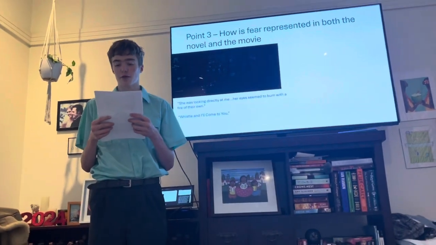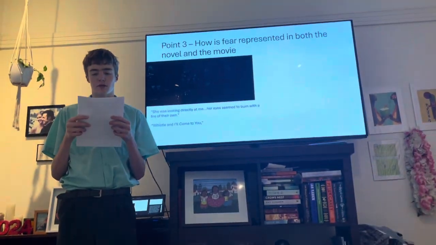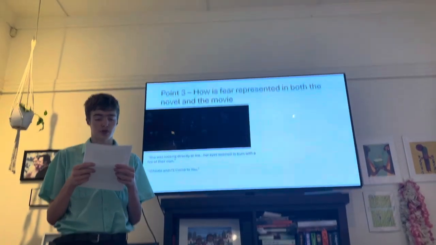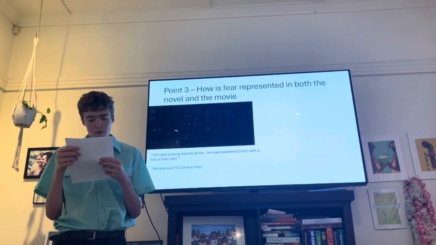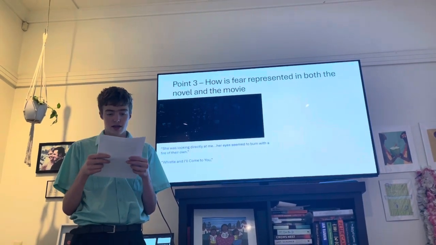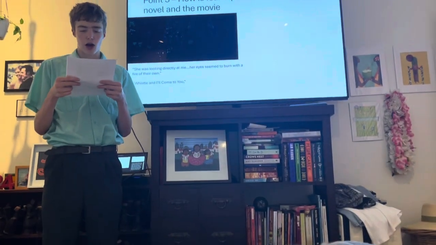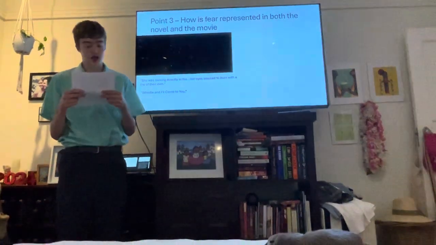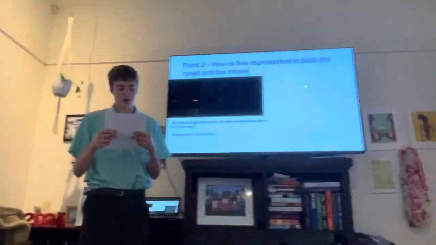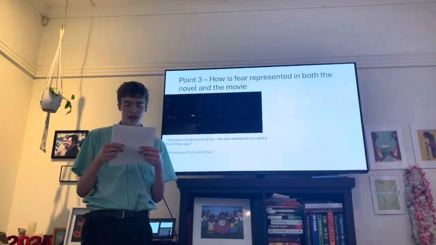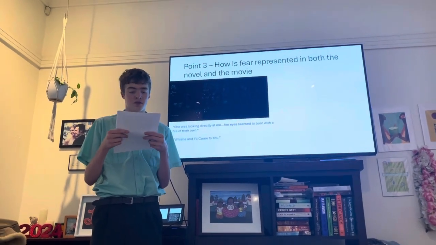In the chapter where Arthur encounters the woman in black multiple times, the first narrative technique used was repetition. Repetition was used during the novel so the woman in black disappeared and reappeared multiple times, creating a sense of dread. This sensation is described in the novel as feeling supernatural and disturbing. A quote from the book reads, "She was looking directly at me. Her eyes seemed to burn with a fire of their own," wistful and uncomfortable. When Arthur encounters her again, the repetition of her appearance symbolises the terror linked to her. Her figure embodies fear and tragedy.